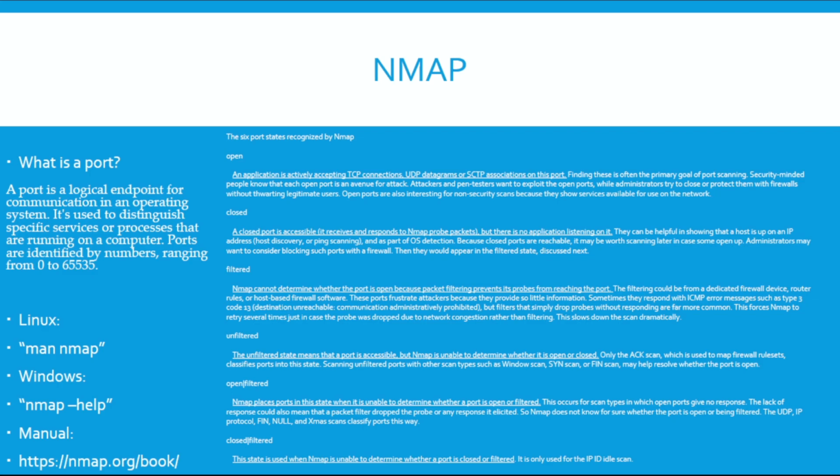Filtered. Nmap cannot determine whether the port is open because packet filtering prevents its probes from reaching the port. Unfiltered. The unfiltered state means that a port is accessible, but Nmap is unable to determine whether it is open or closed. Open/filtered. Nmap places ports in this state when it's unable to determine whether a port is open or filtered. And the closed/filtered state. This state is used when Nmap is unable to determine whether a port is closed or